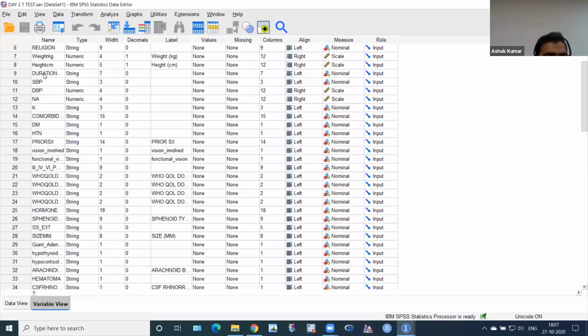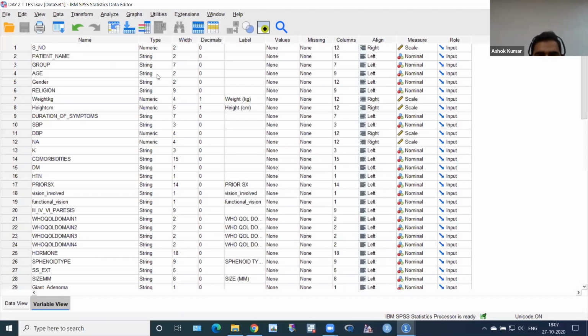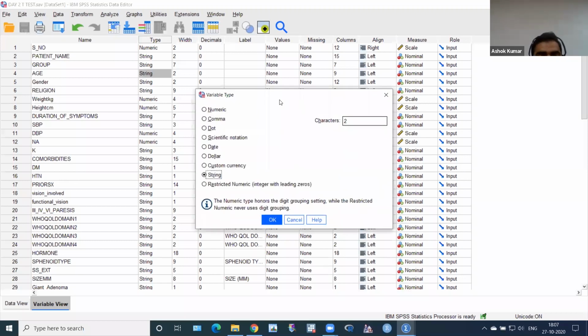And you can see age is here. And in type of variable, you see that it's a string. But I know that it's not a string. It's a numerical variable. So I have to click here. This dialog box comes. This is a string, selected automatically or by error, I don't know. But I know that age is numerical. So I have to click here.